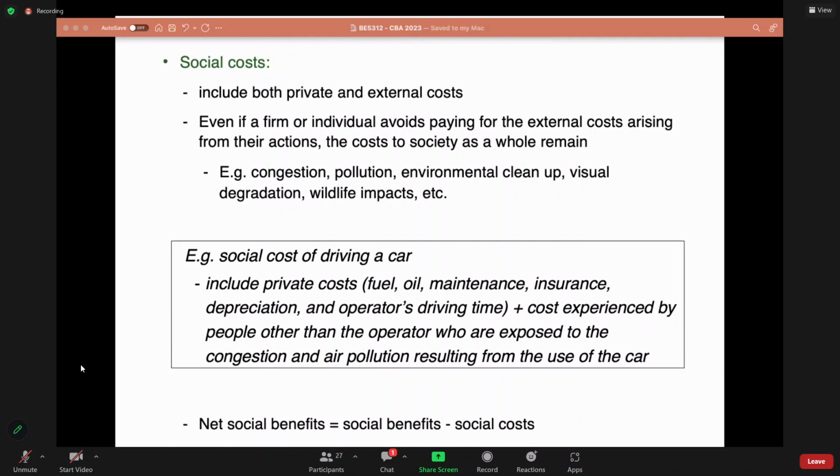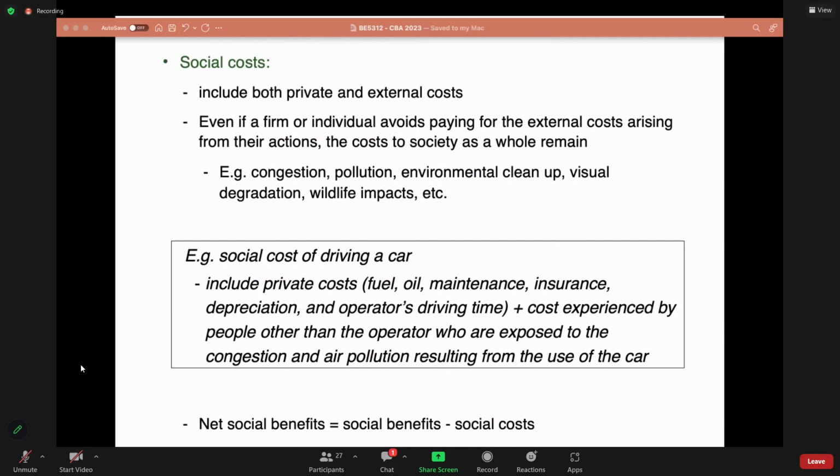If you take the example of driving a car, for instance, then the social cost of that particular activity will include your private costs. That means the things that we will pay directly, like the price of fuel, oil, maintenance, insurance, or the driving time that we spend in driving the car, depreciation, all those things that we will personally bear as the owner of a car,